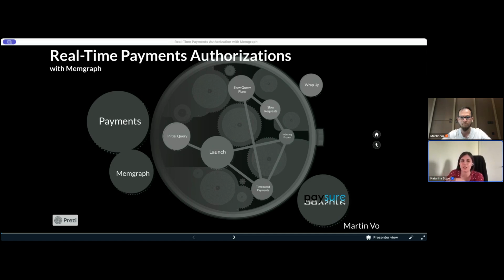I think this will be really interesting because this call will focus on the struggles they had with Memgraph and how they resolved it. And I hope that everyone will find value in this and really learn from Martin's experience